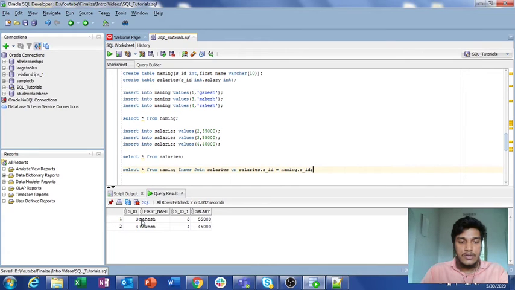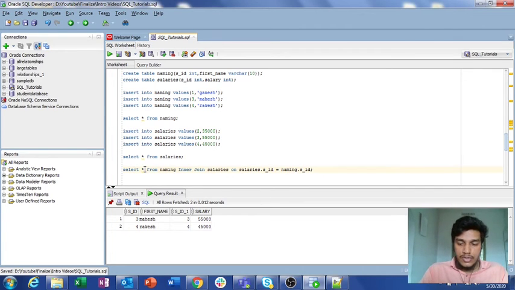Previously we had the employee details with first name in one table and the salary in another table, but now we retrieved the entire data from two tables by doing an inner join, in a single table itself. You can also store this entire output in a separate table using an insert into command. I am going to illustrate that in the coming lectures. And similarly for the employee name Rakesh, we got a salary of 45,000. That is what we want from the above inserted data. So this is how you can do inner join.